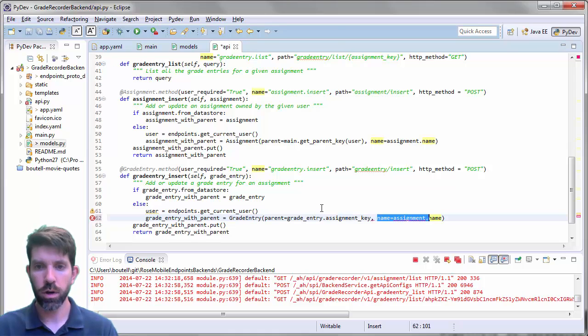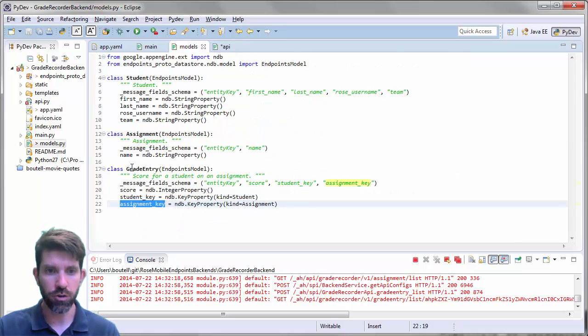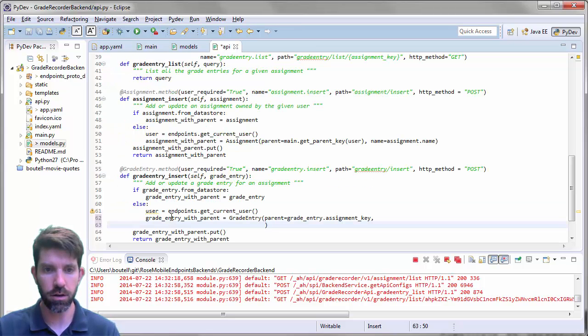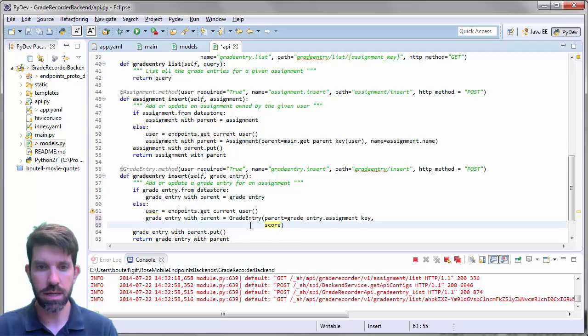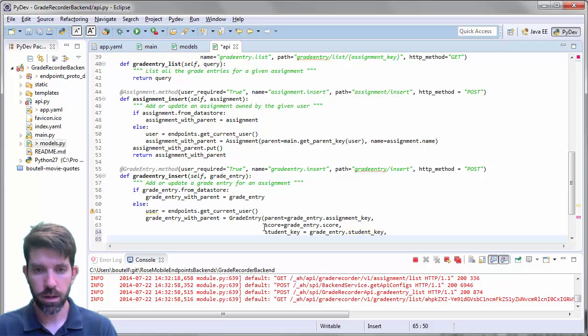Okay. What else do we have? We've set the parent. Now we're going to have to set back in our models. Grade entries have a score, a student key, and an assignment key. So let's set all those. Right. So next one, score. That's going to be easy. That's just going to be grade entry dot score. Okay. And then what did we say? We said it has a student key. Right, so let's do this here. So student key is going to be grade entry dot student key, okay. And then the assignment key